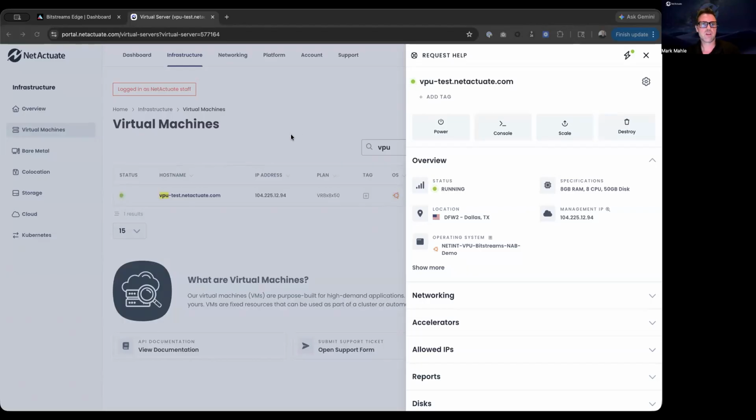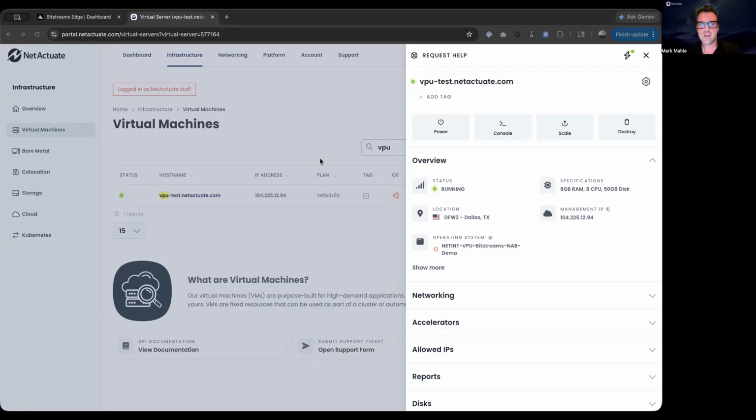It's the night before NAB, and today we announced our partnership with NetInt. So with the NAB theme being partly about AI, I thought I would show you how AI coding assistants, in this case Claude, can manage live video encoding infrastructure on our global cloud using NetInt Quadra VPUs. So instead of writing commands or configuring encoding pipelines manually, we're going to just use natural language prompts to create some encoding templates, launch a live streaming session, and manage everything through NetInt's Bitstreams software, all running on dedicated VPU